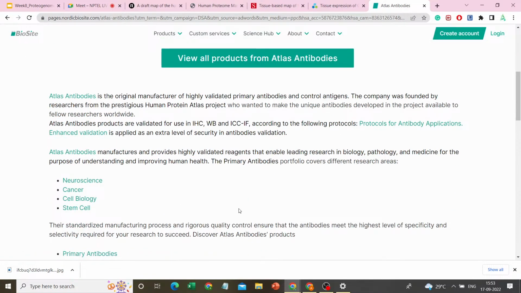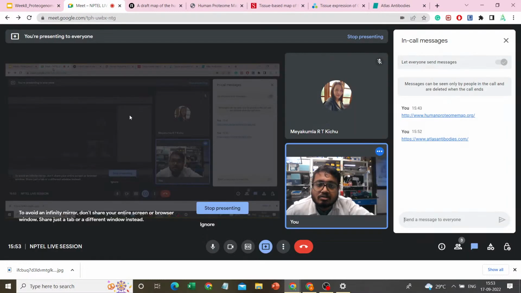You can try to verify that with these antibodies. You can find them, order them, perform the experiments, and then conclude that, okay, it has been shown that GFAP helps in enhancement for a particular disease. Now again you can check and see that, no, GFAP in neurodegenerative diseases has a different role or effect. For this, the Atlas Antibodies are very helpful. So these are the different